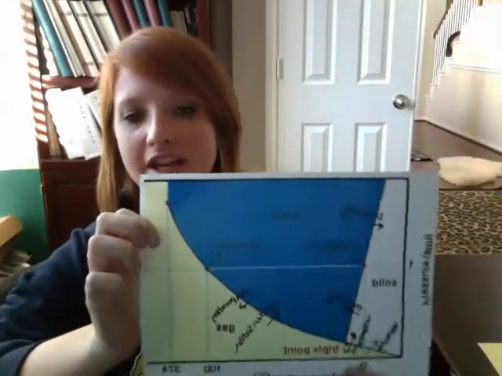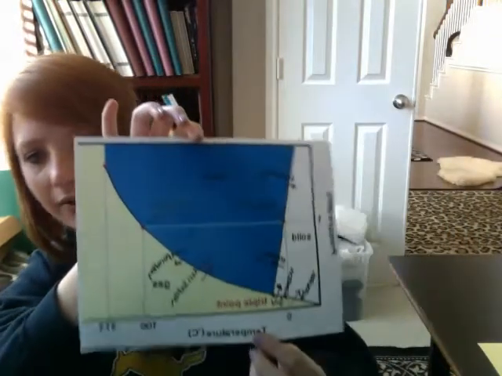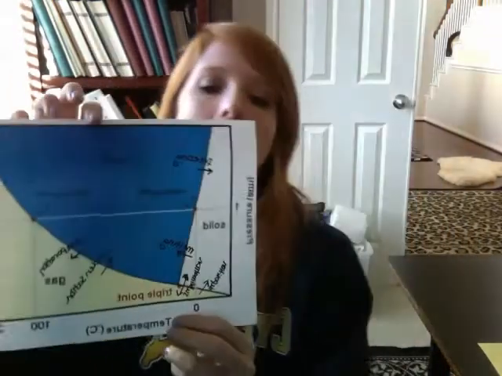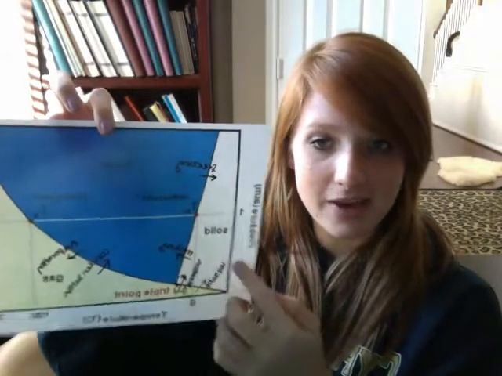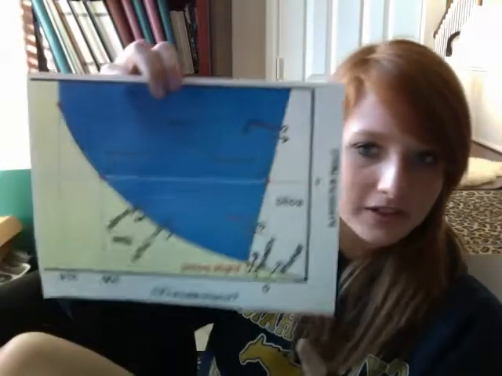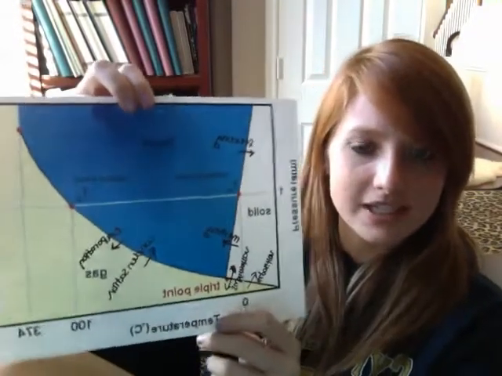Then, after you get past the whole real world thing, you have these things in science called phase change diagrams. How much fun are they? And this just shows any particular substance. This one, I don't know what it is, but it's a phase change diagram. And it shows you, depending on the temperature and pressure, what state of matter that substance is in. And there are 7 important words that we should know when we're dealing with phase change diagrams.